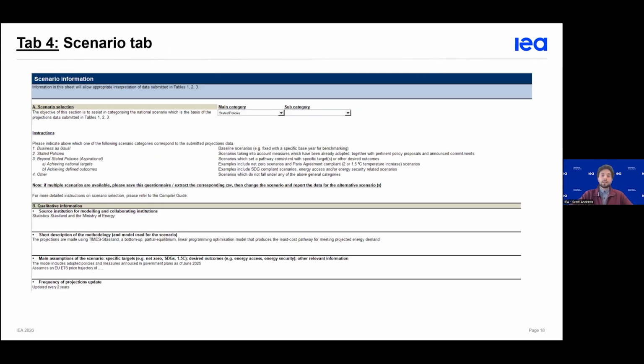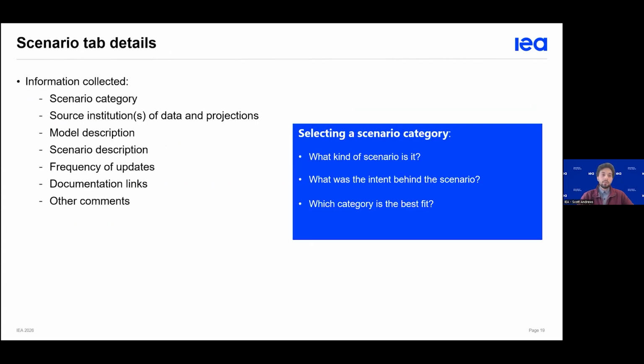Okay, then the first tab that compilers need to fill out is the scenario tab. And this is where all the metadata regarding your scenario and model go. And if we look at that in a little bit more detail, what we ask for in this tab is